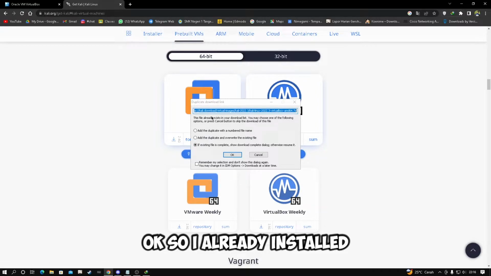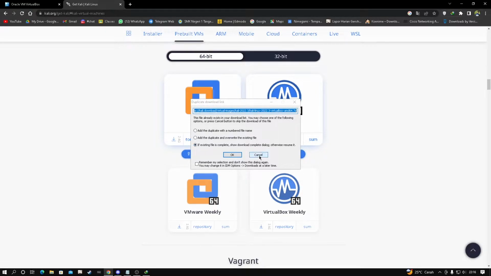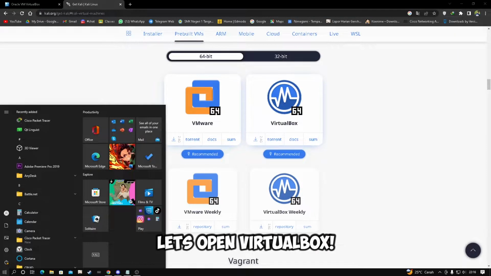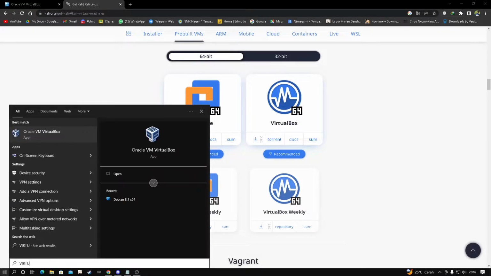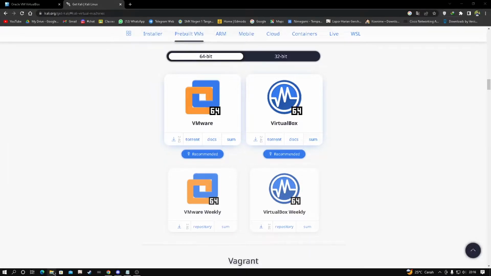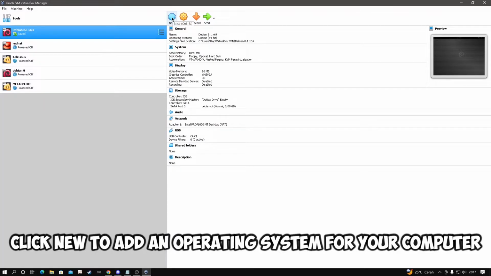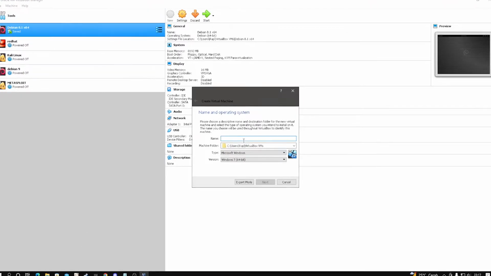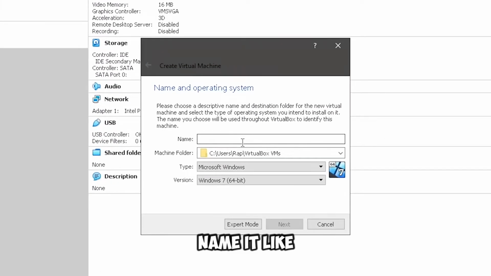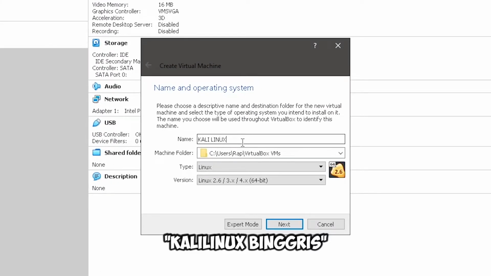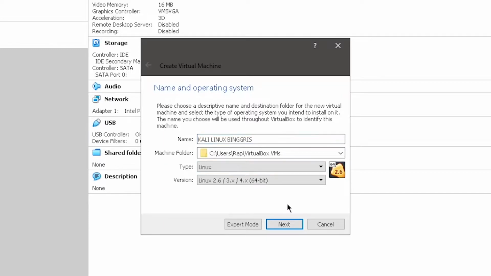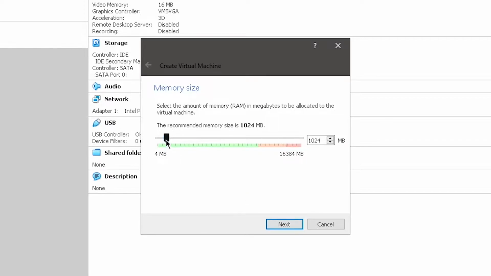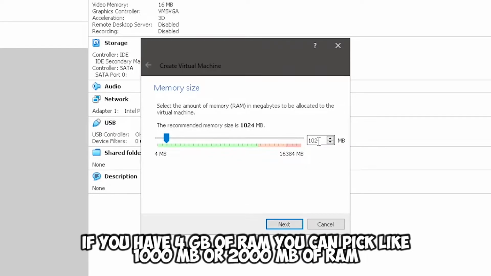Okay, so I already installed it, and let's open VirtualBox. Click new to add an operating system for your computer. Name it like Kali Linux. Click next, and if you have 4 GB of RAM, you can pick like